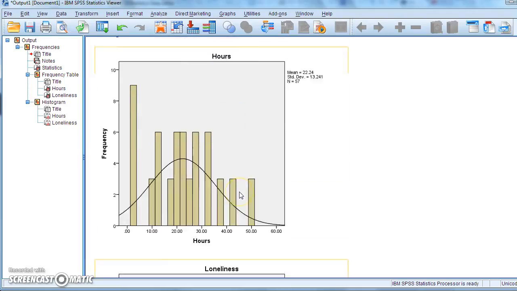So let's have a little look at the graphs first. Well, the first one here, this is the number of hours spent on social media. It doesn't look terribly normally distributed just from looking at the way that the data are. But remember, data, particularly when you haven't got many participants, doesn't normally follow a beautiful kind of bell curve. In fact, if you look at the curve here, it shows a modest positive skew. Remember, positive means that the tail of the distribution is more towards the top end, the higher scores. There seems to be quite a lot of people here who don't spend many hours on it, which is what's dragging these numbers down to produce this positive skew.